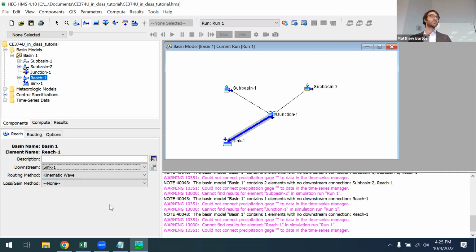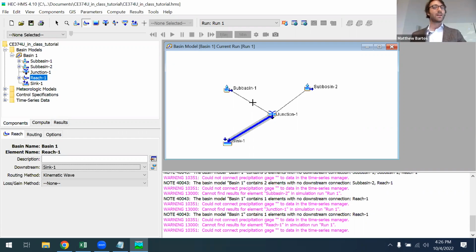And with, yes, do the channels between subbasin one and junction one have the same properties as the reach between junction one and sink one? So there is no channel between subbasin one and junction one. This is just connecting subbasin one directly to that junction. So there's no channel in between them. Subbasin one will feed directly into junction one with no channel transition between. You can basically think of it as the outlet of subbasin one is directly connected to that junction. So there's no channel with a length for it to flow through. Yeah. Good question. Thank you.